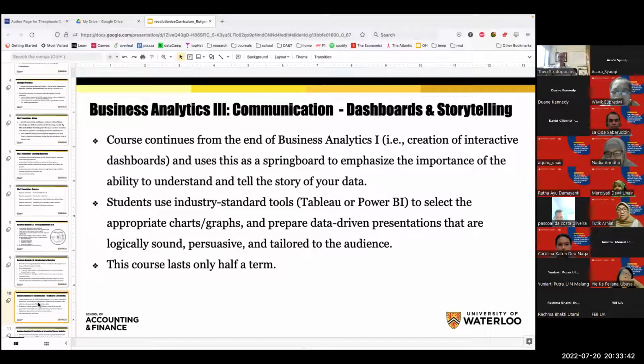So they spend half a term learning how to sell the analysis that they've done, communicating the analysis that they've done. Again, this course, which is still at the experimental stage, we have done it a couple of years using Tableau. We want to experiment next year with Power BI. It has not been finalized yet. The objective is clear. We know what we want. Simply, we have not finalized the